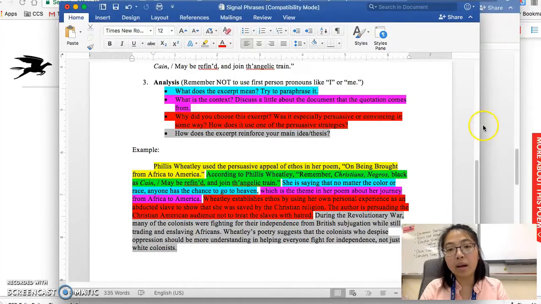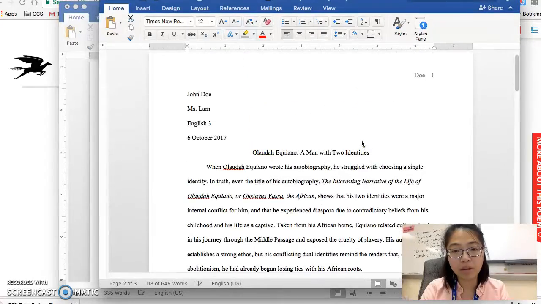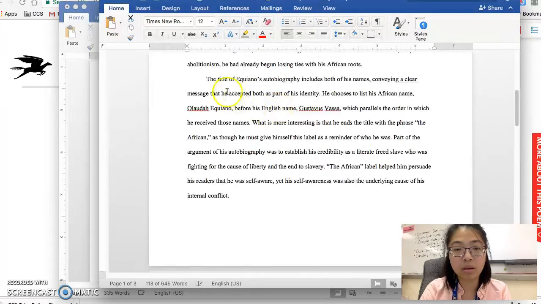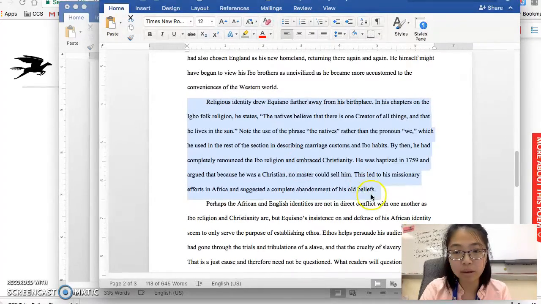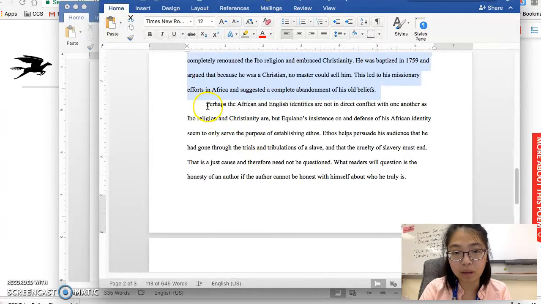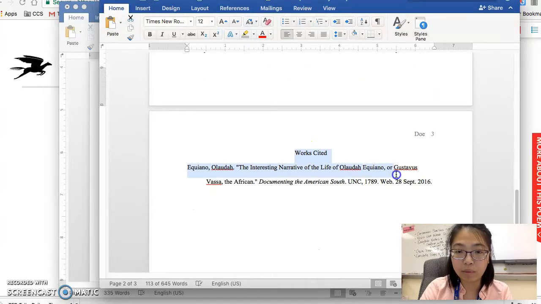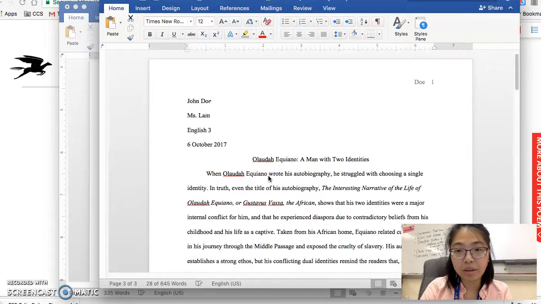All right, just to show you again how everything is put together. So by this time, you should have your intro. That was step 5. And then you've got your body paragraphs, which is the current step that you're on, step 7. And then your conclusion, which was step 6. And then your works cited was step 4. And then I just want to go over real quick how to format your essay.